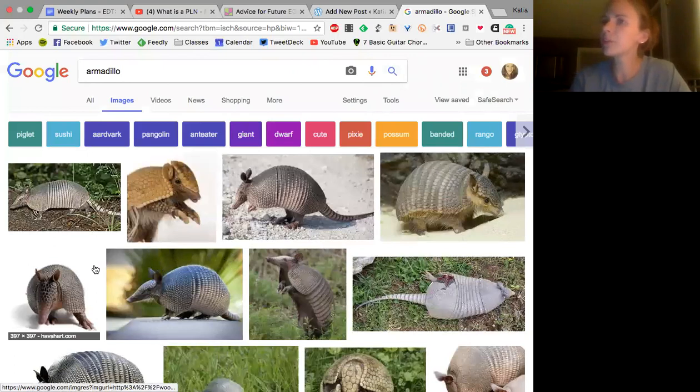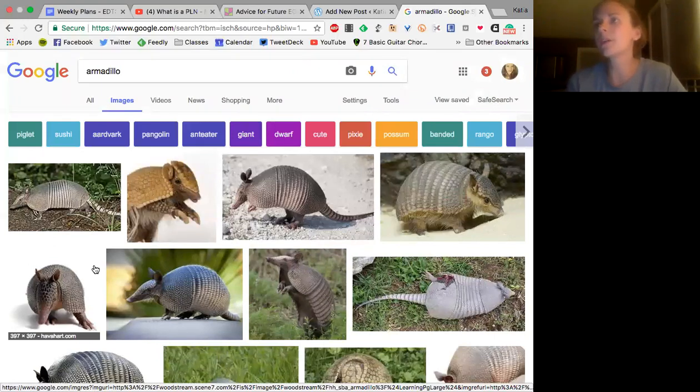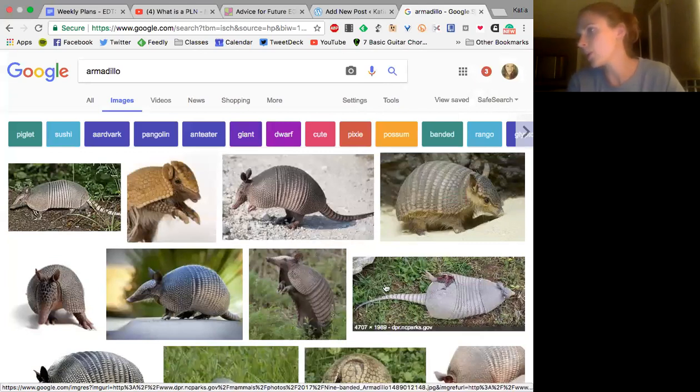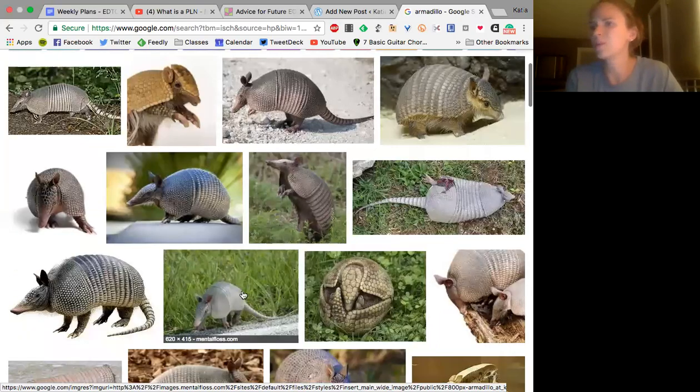Okay, so here we've got some armadillo pictures. Contrary to popular belief, I cannot just steal any of these images of the armadillo because they may be copyrighted. They belong to somebody, so I'm not allowed to just take them, despite what most of the internet would lead you to believe about this. Is that a dead armadillo? Because that's really dark. My God, I think it is. All right, poor little guy. Armadillos are creepy. I don't know why I searched for that, it was weird.